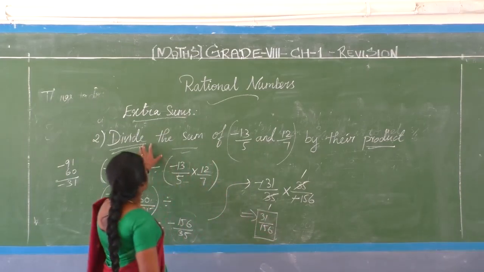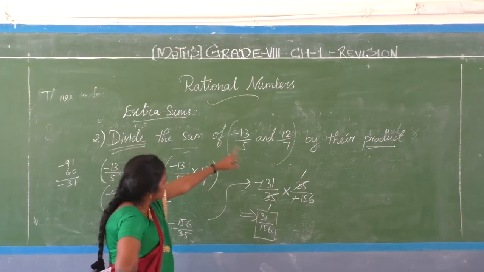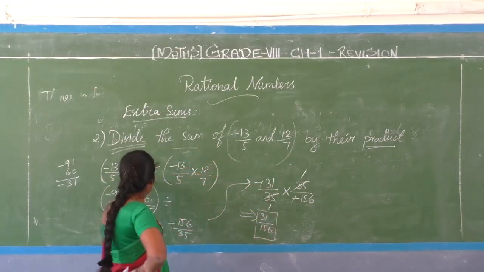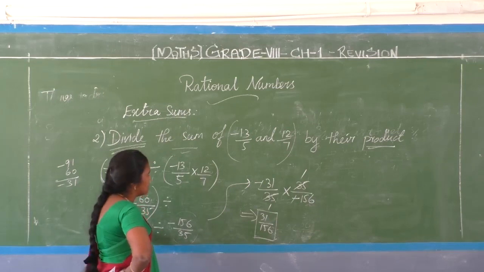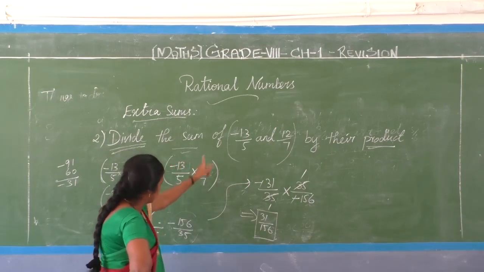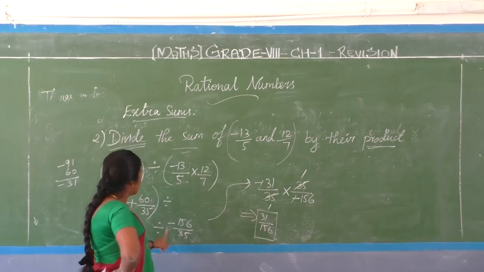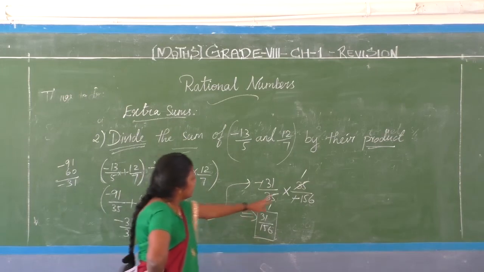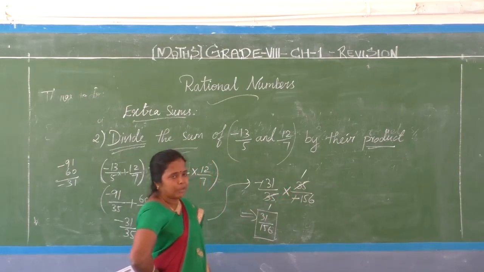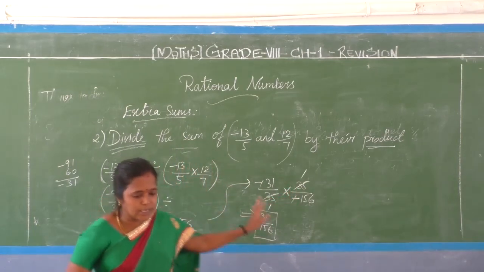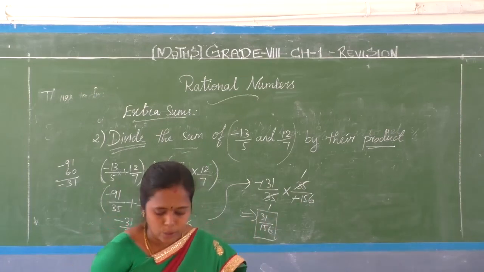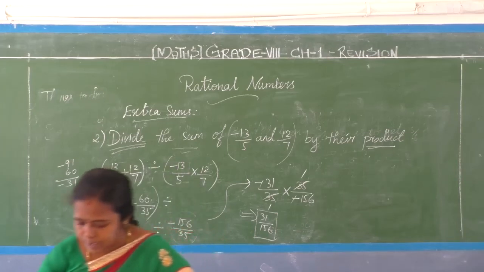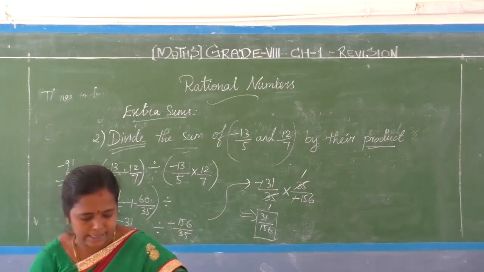Clear? What is the question? Divide the sum of this and this by their product. So first of all, we have to add the two rational numbers using the LCM, then the second part is multiplication, and then both answers are to be divided. The division part is to be kept in mind. The reciprocal work is to be involved. Clear? That's all, children. Extra sums also we have taught a little bit. So as it is, you have to copy down in your classroom. Based on this worksheet also questions will come. You must revise that. Thank you.